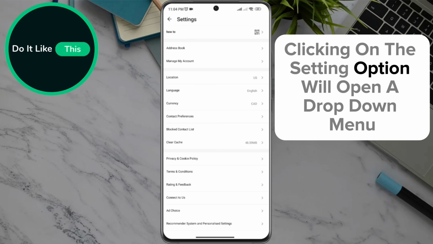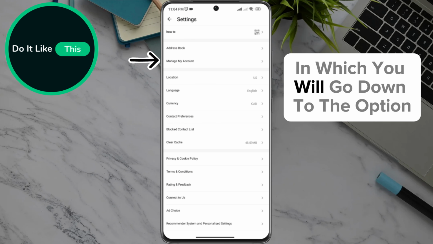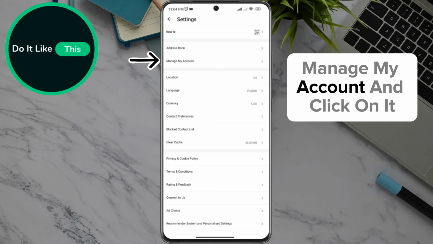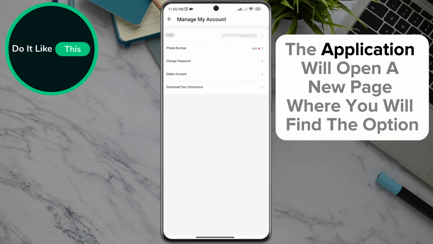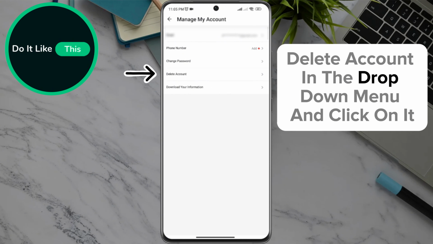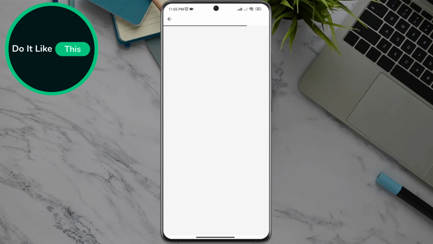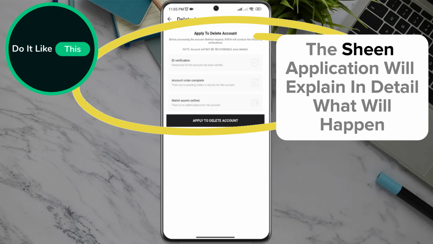Clicking on the setting option will open a drop-down menu in which you will go down to the option, Manage My Account, and click on it. The application will open a new page where you will find the option, Delete Account, in the drop-down menu, and click on it. When the next page opens, the Shein application will explain in detail what will happen, but it